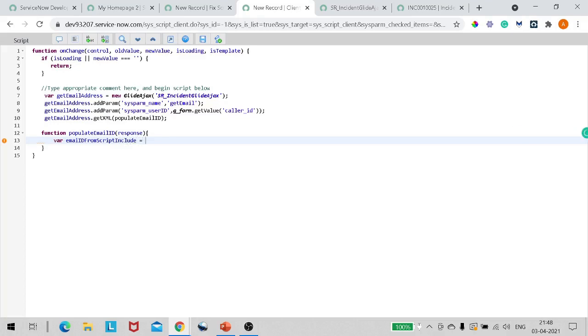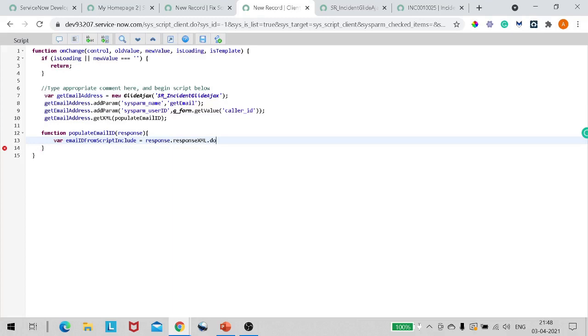And the syntax is response dot response XML. Okay, response dot response XML. I also tend to forget it multiple times, but you can get it out by googling it.